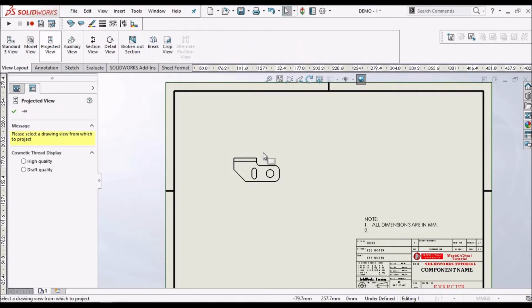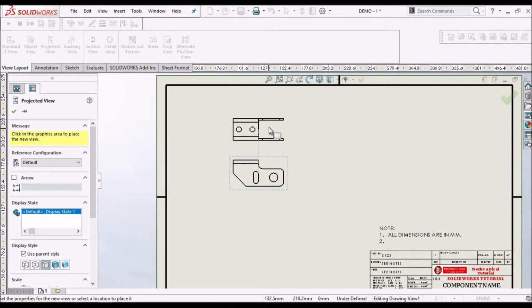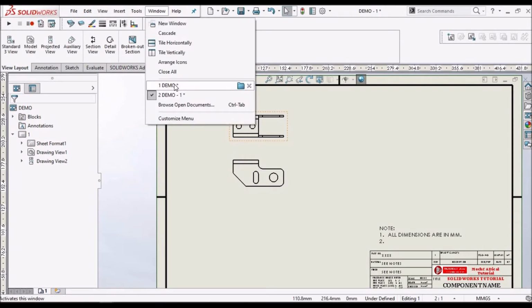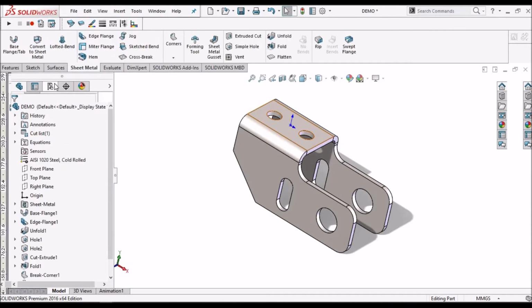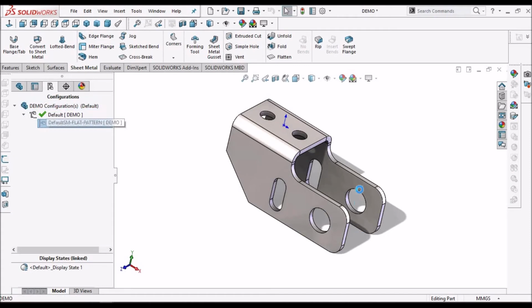Now we have to place the top view. So for flat pattern, we have to see whether flat pattern is happening or not.